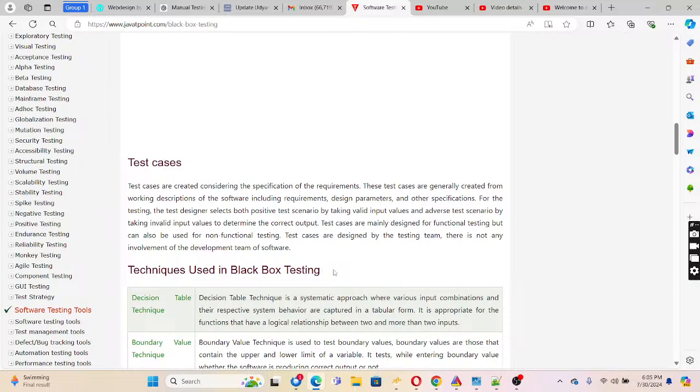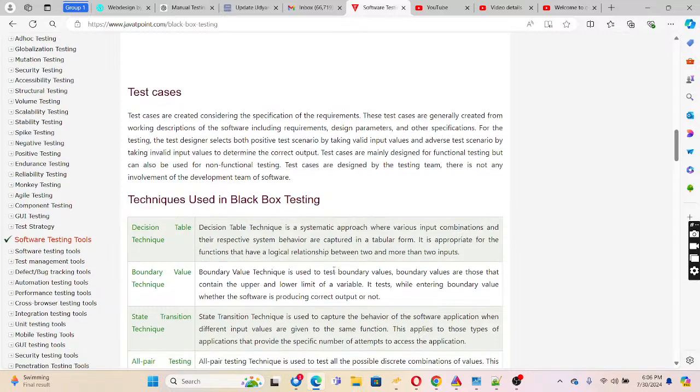So these test cases are generally created from the working descriptions of software, including the requirements, design parameters, and other specifications. The test designer selects both positive test cases by taking valid inputs and adverse test cases by taking invalid inputs. So it will have all types of testing, covering the actual function, what it's supposed to do, as well as